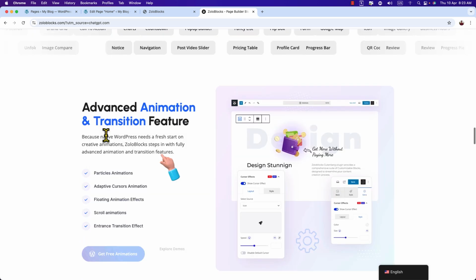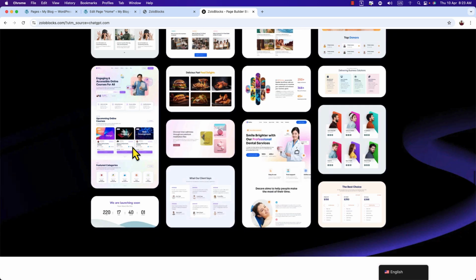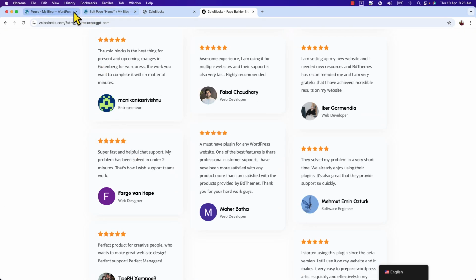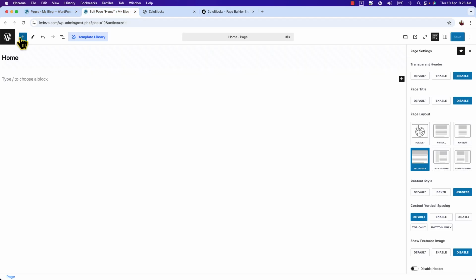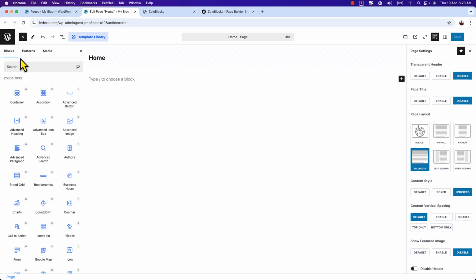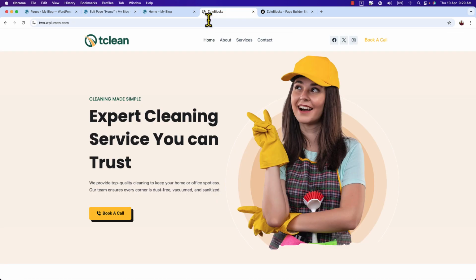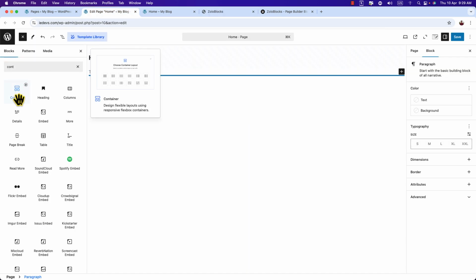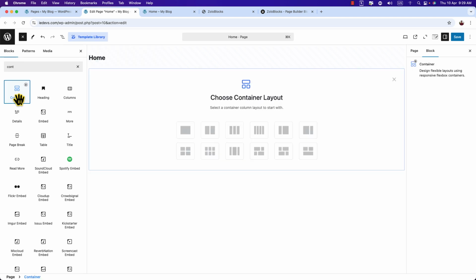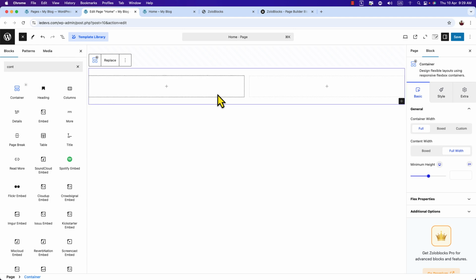Okay, that's great. So I don't want to wait more. Just start designing. Let's get back here. Once again, I'm going to click on the plus sign, and here you can see ZoloBlocks blocks. Well, friends, before we add this content, we need to wrap this content with a container. So first of all, here you can see the first block is the container. So click on it, and here you can see choose container layout. I'm going to select this guy, and here it is,